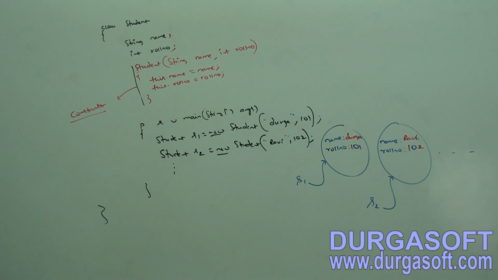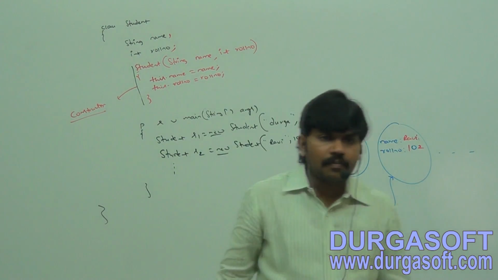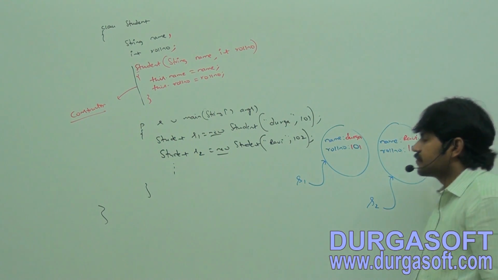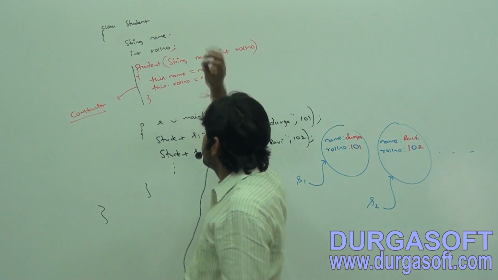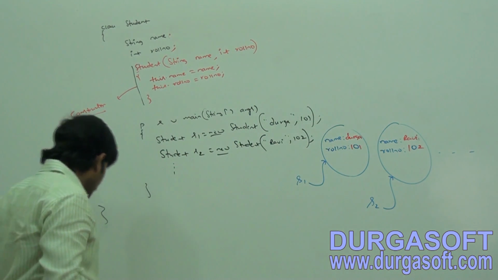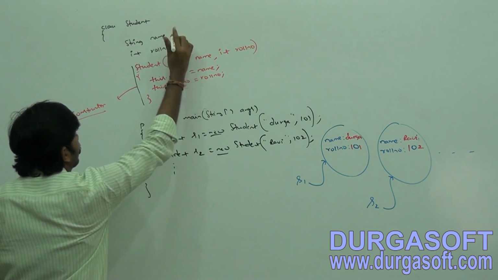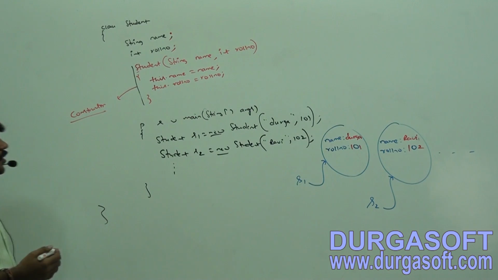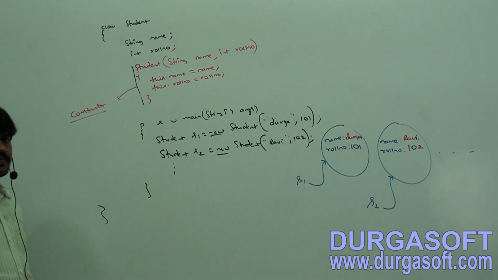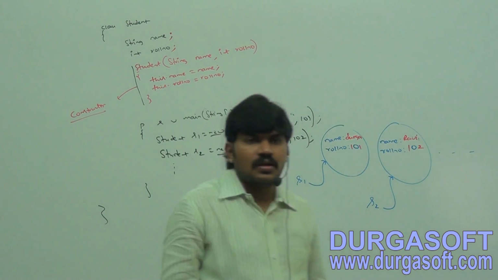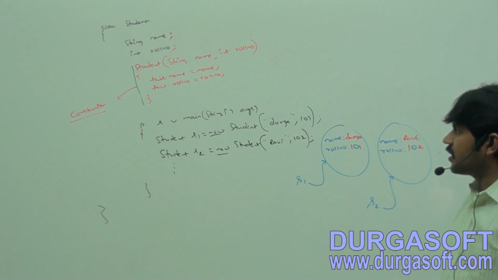Class Student { String name; int rollNumber; Student(String name, int rollNumber) { this.name = name; this.rollNumber = rollNumber; } }